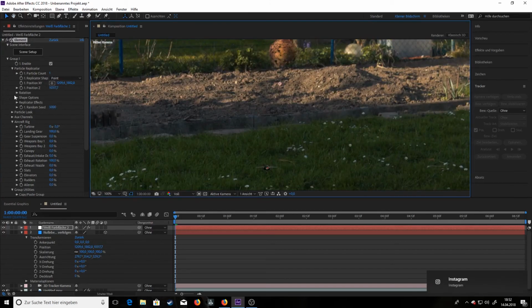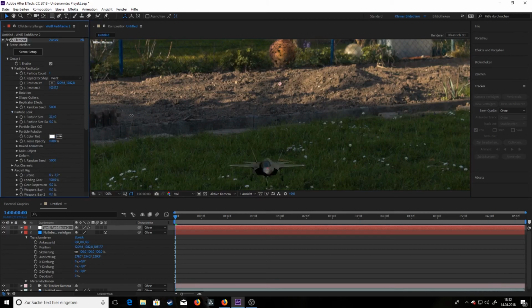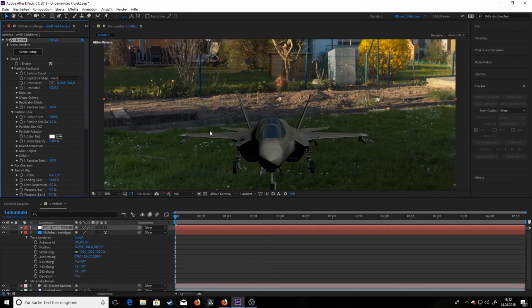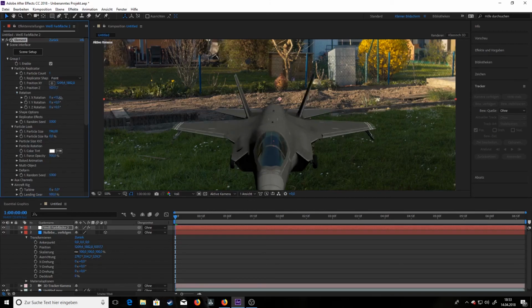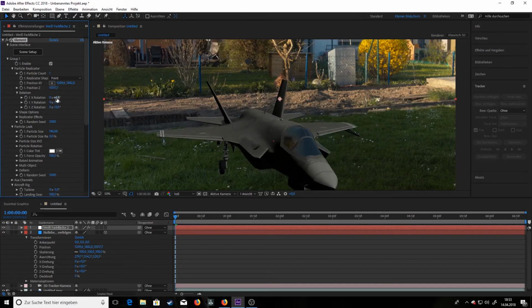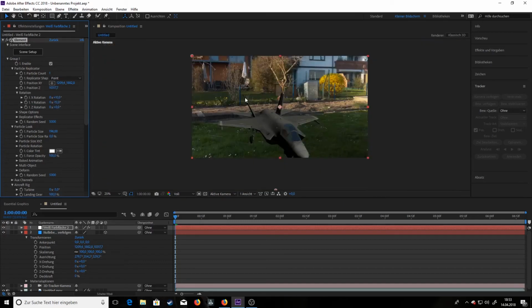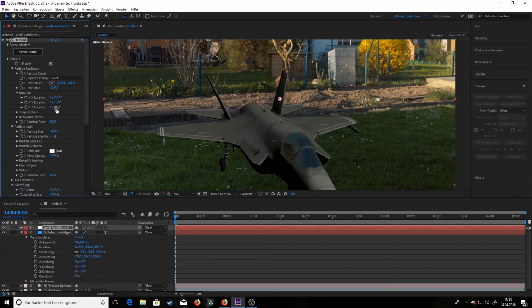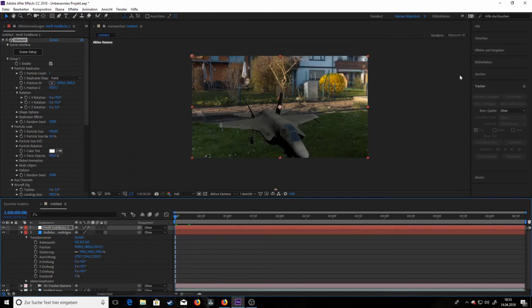We will go and take a look at size, and increase it like hell. Oh shit. So now we'll go to rotation X, like this, rotation Y, like this, or X axis. Z doing a little bit like this, this works. So this would look good. And now if we play it,